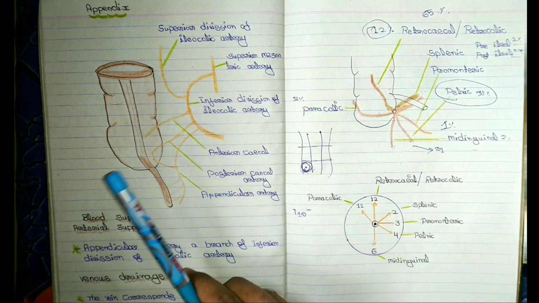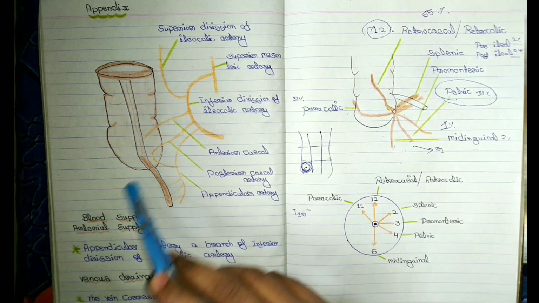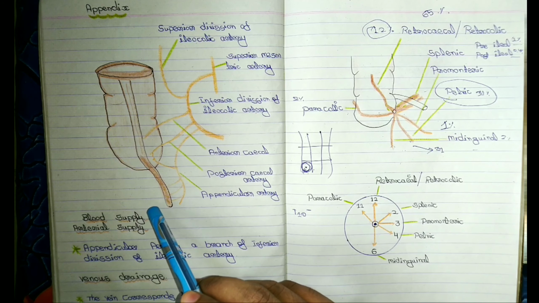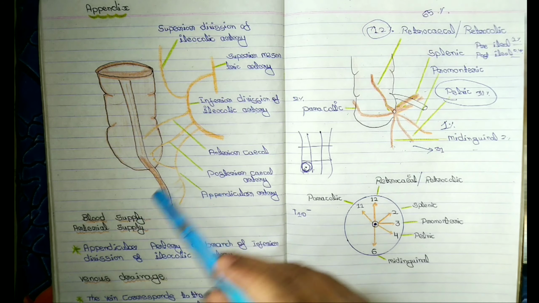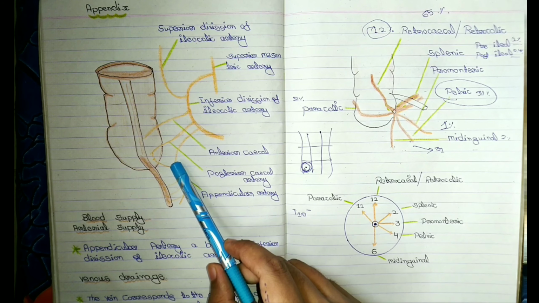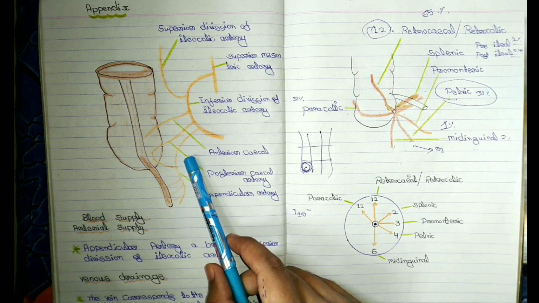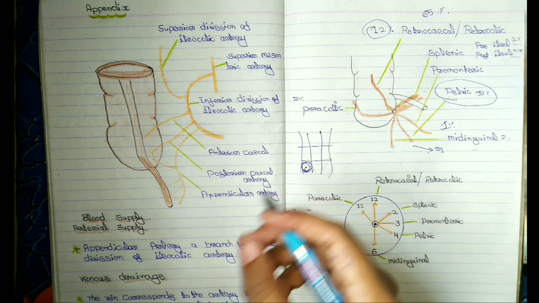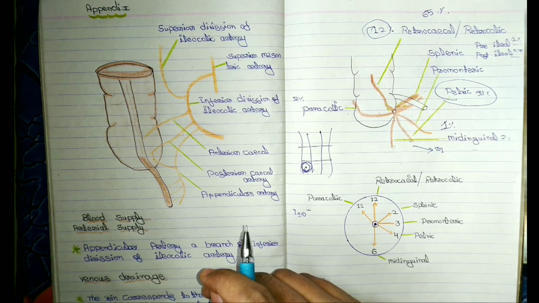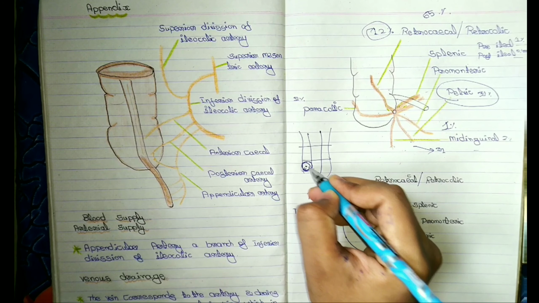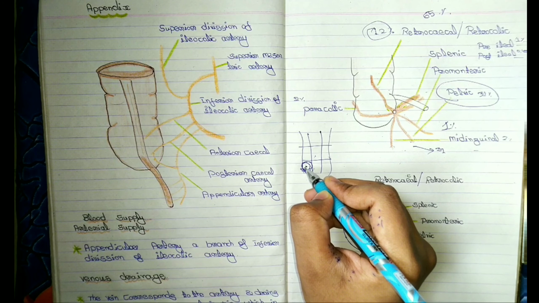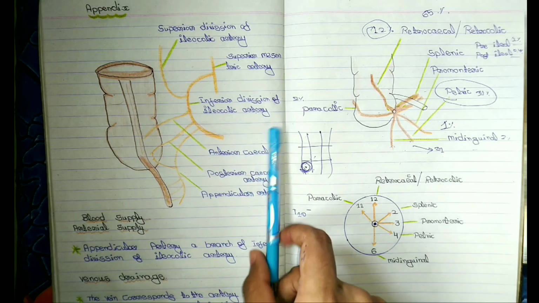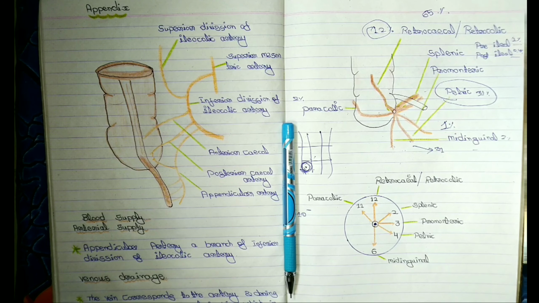Appendicitis is an inflammation of the appendix. Acute appendicitis is a common occurrence and a surgical emergency, and the initial referred pain occurs at the umbilical region because both have the same segmental nerve supply. During surgery, the incision is taken at McBurney's point, the midpoint between the umbilicus and the anterior superior iliac spine. The incision for appendectomy is purely based on the anatomy of the anterior abdominal wall.